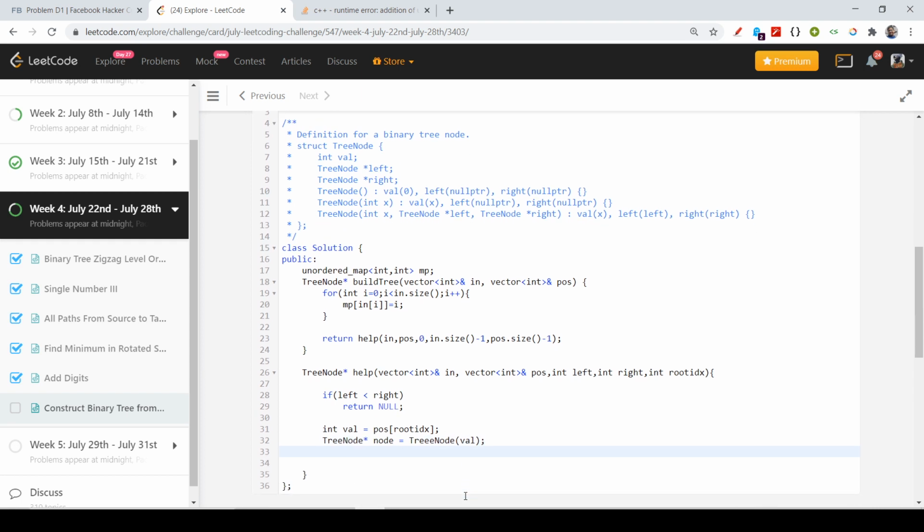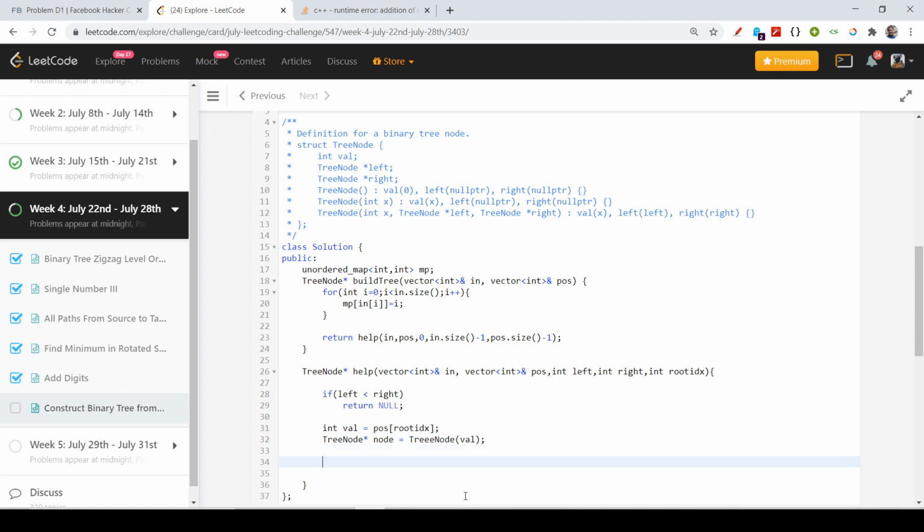And if I have passed the value, then I am pretty sure that I have my work done and I have my root. So next I need to have the call to the root, right? So I will pass my helper function, and as I said, my inorder and postorder will remain same. My starting index would be p plus 1. So first of all, let's find the p. What is p? So p is actually the map value of this value. Then my ending would be what? My ending would be end, which means the right. And my root index, as I said, would shift by 1.